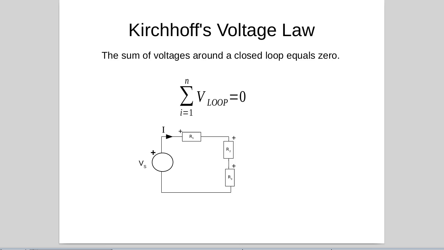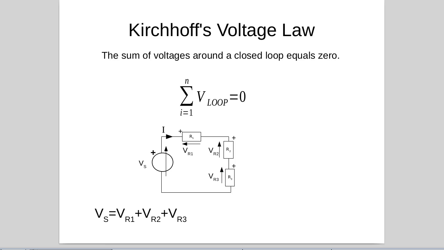Now I'm going to mark in the voltages across each thing as a vector. So here's a voltage, it's drawn that way. Here's the voltage across that resistor. The head of the arrow is at the positive end in each case. So if we now add these around the loop,